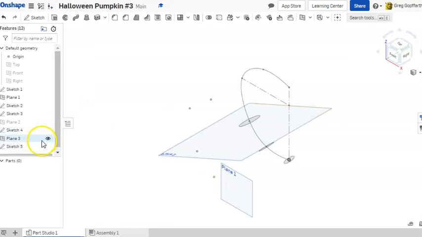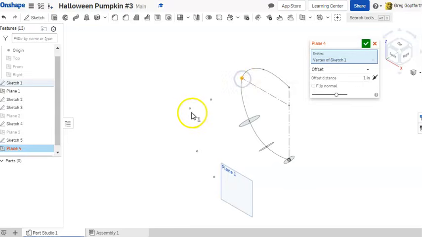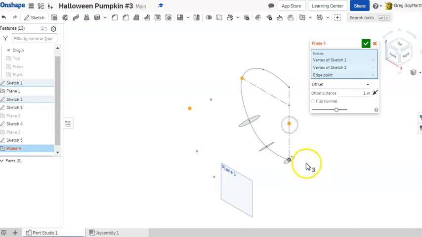Alrighty. I'll come in here, turn this plane off. I'm leaving the sketches on, just turn the planes off. Now I'm going to need a sketch through this point right here. So I need a plane there. So I'm going to do this point. It's this one here. And then I'm going to do this midpoint right there. And that's going to create me a,